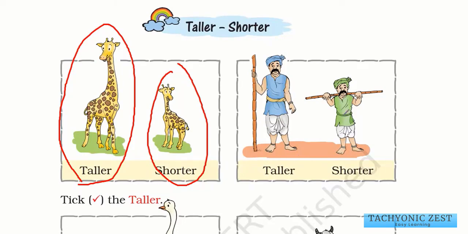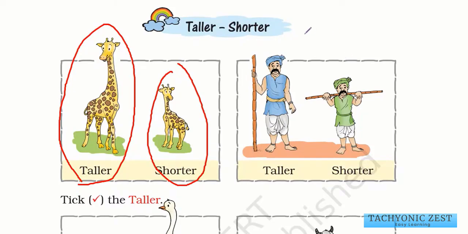Okay, now next, in this picture also we can see that this man over here is taller than this man, and this man over here is shorter than this man. So obviously again taller and shorter is said in comparison. Okay, we cannot say it simply if there is just one man, we cannot say he is shorter or taller. That can only be said if there are more than one objects there. That can be people, that can be animals, that can be fruits, that can be anything.